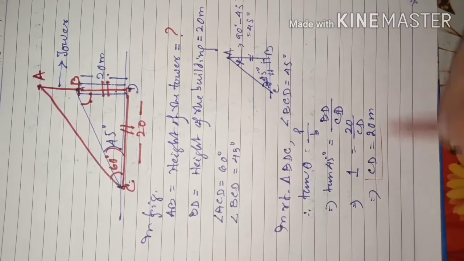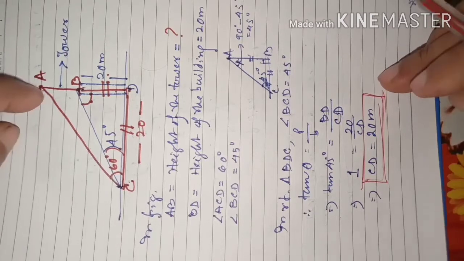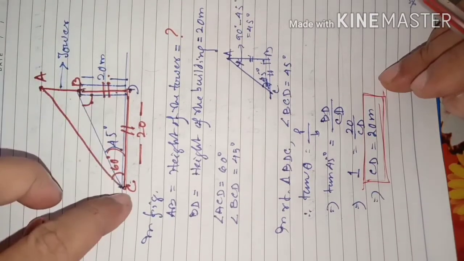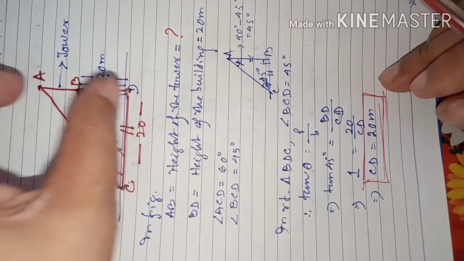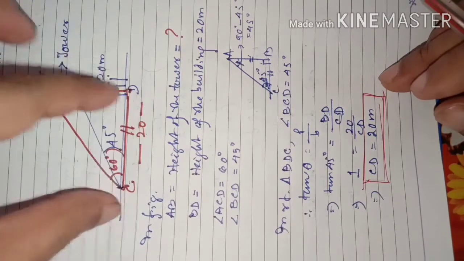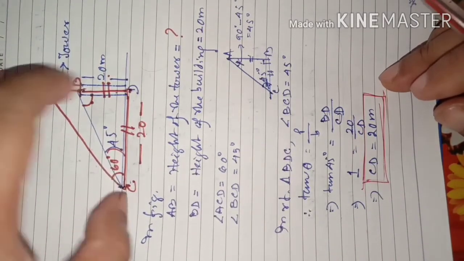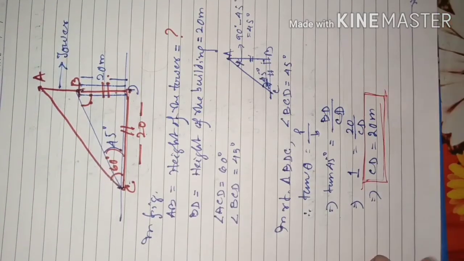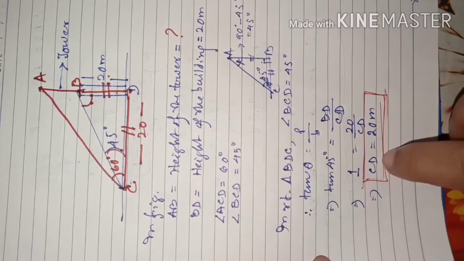We will remember this. We got CD because it is required. You see, one more right triangle is here, ADC. In that right triangle, when we again apply the trigonometric ratio, perpendicular by base, the base length we already know and will be able to use. Are you understanding? So again we will take right triangle ADC now, a new right triangle ADC. For that this value will be necessary. That's why we have kept it ready.